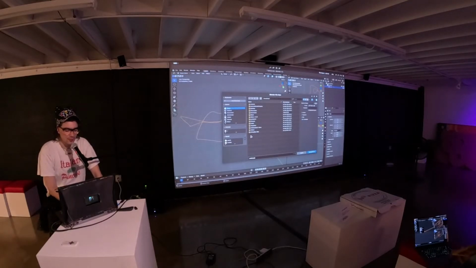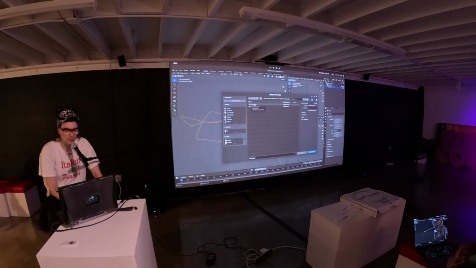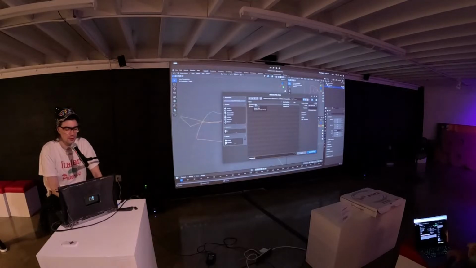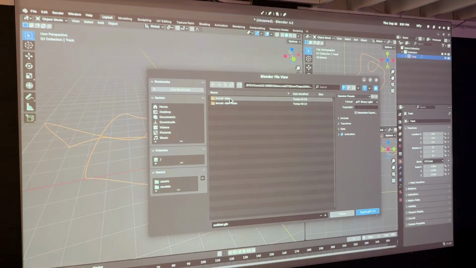So I'm going to pick a location now where I want this to go. Let's see where I'm at here. I think I'm in the right place. Yeah. So you can save it wherever you want. If you remember where you downloaded your code, that would be a good folder to save it in, so you keep track of it. And we'll have to move it into a specific directory anyway, so we might as well just save it in that directory. So I'm going to go to the code base,